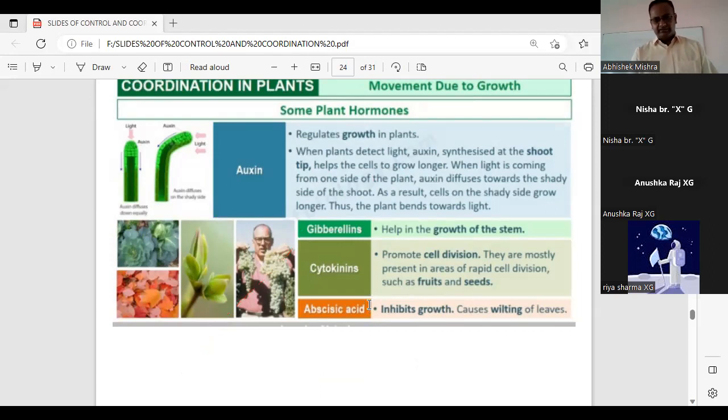Abscisic acid, now see what it does. We are saying that gibberellin and cytokinins are helping in breaking dormancy. But to check whether the growth of the seed has occurred fully or not, the seed which was in the resting stage, there is some hormone which will also maintain this resting state, and that is the abscisic acid. So what is the abscisic acid doing? The abscisic acid helps in maintaining dormancy so that the growth is checked.